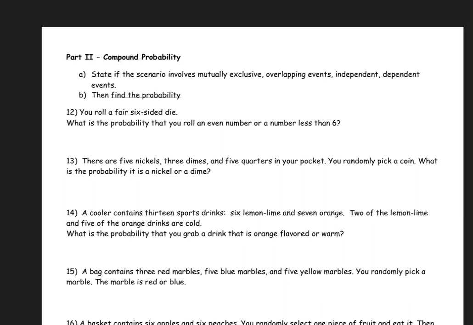So key word here is or, okay? Or means it's either going to be overlapping or mutually exclusive. Okay, because you can get an even number and a number that is less than 6, they both overlap, your answer is going to be overlapping. Now, to find the probability, you're going to take the chances of you rolling an even number, which is